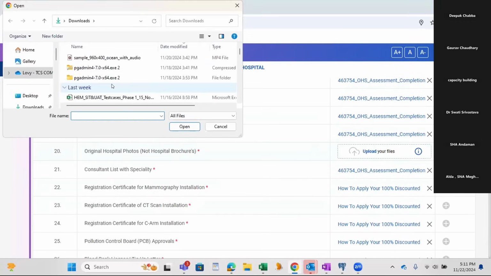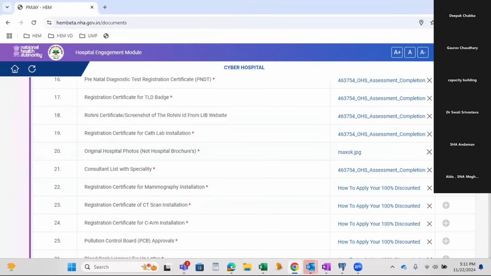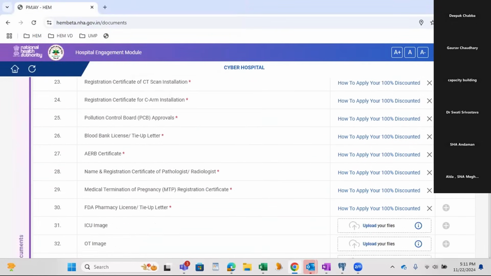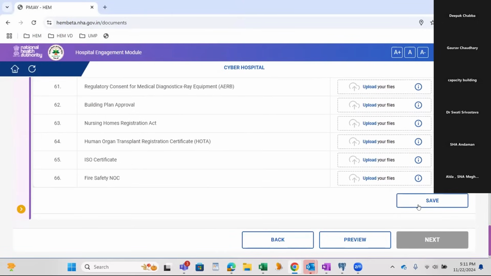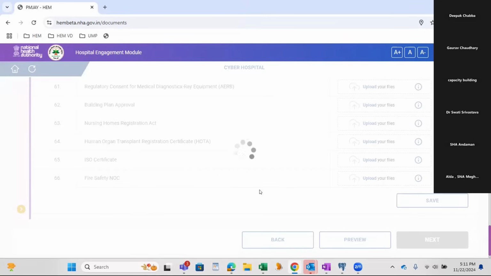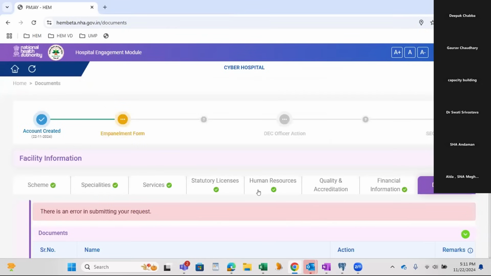It should work. Upper there is some document section.